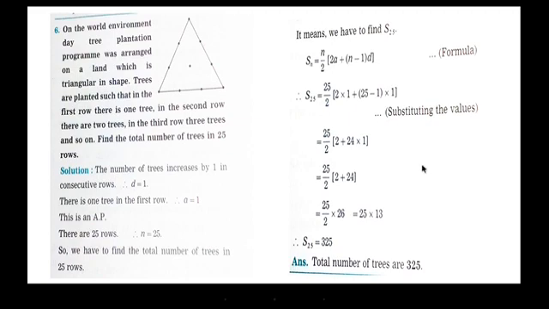Okay. So here we come to the end of the chapter arithmetic progression. Okay, students, you will write all the practice sets in your class workbook. Okay, study the formulae properly and try to solve the sums on your own. Okay, thank you.